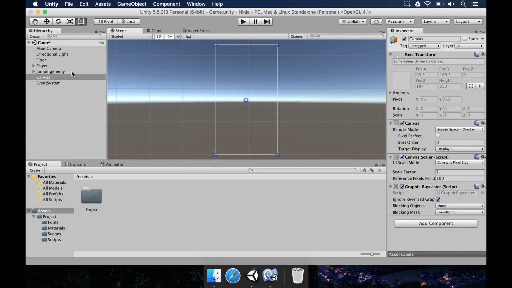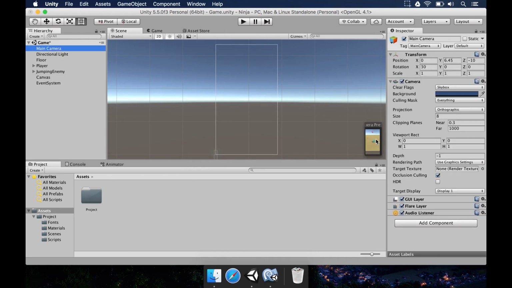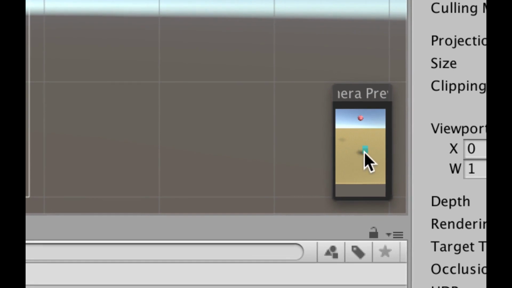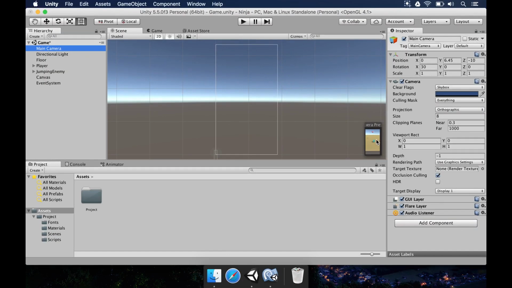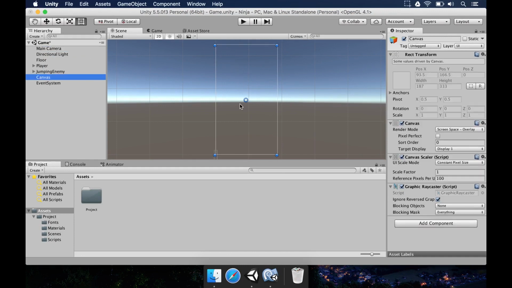Right now, it's like we have two cameras. We have the main camera that renders the game for us, so it shows the player, it shows the enemies and other things. And we have another camera that is going to render whatever we put in the canvas. And the trick here is, it doesn't matter what we add to the canvas, it's going to be rendered on